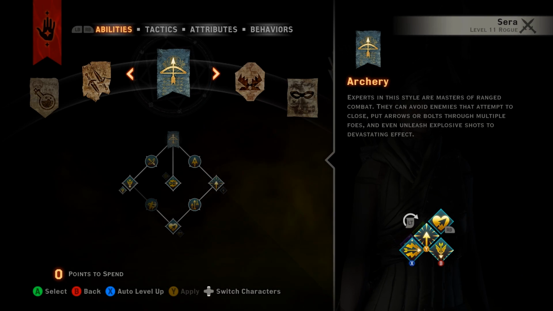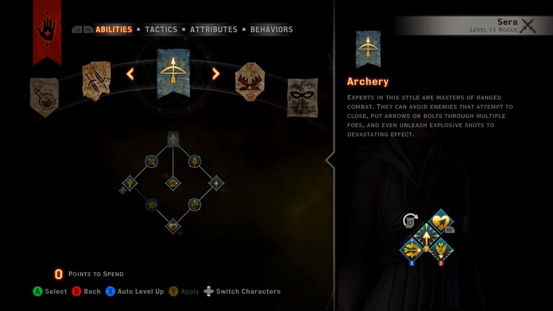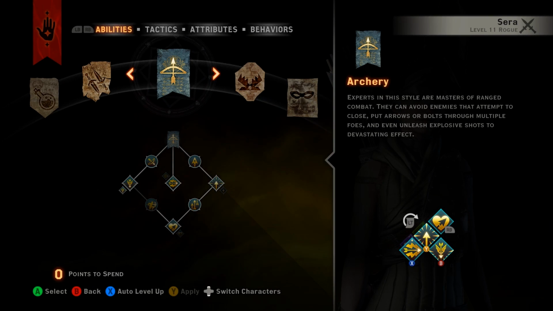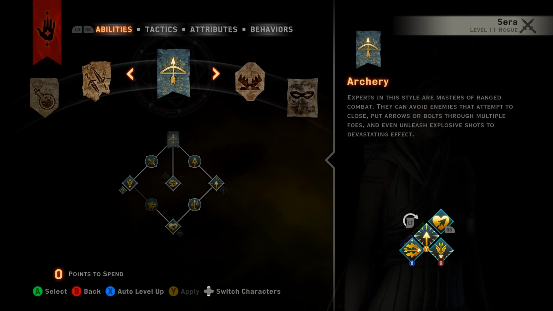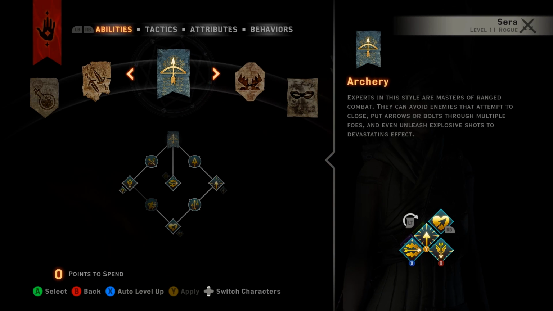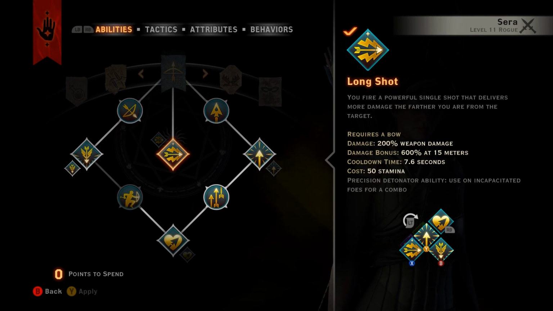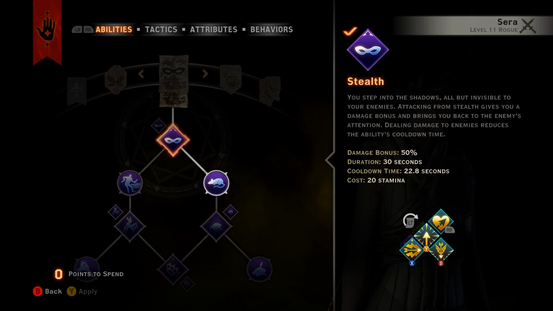A couple more notes before we get started into the details with this build. As usual, this is of course going to be used for your main character if you like, but it's also perfectly viable to add on to your AI companion partner. Also, there was no respecking involved to remove the first two skills that come with your archer, so what you will have from the very beginning is long shot and the stealth ability from